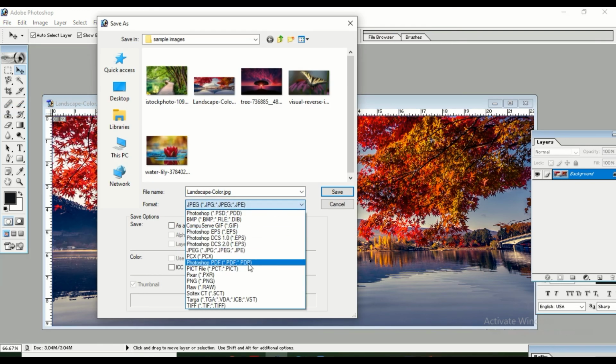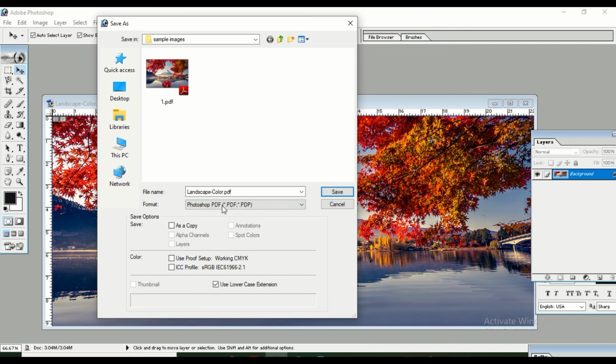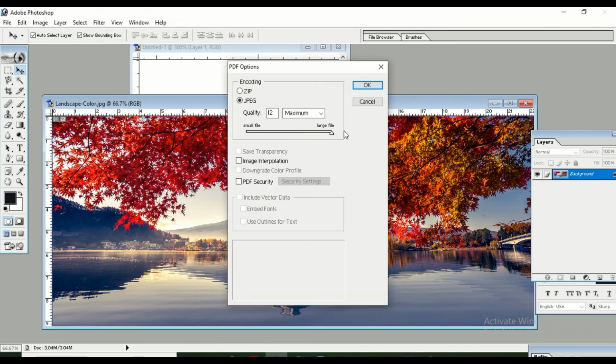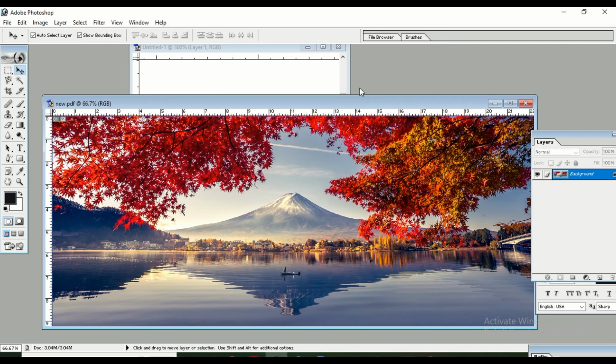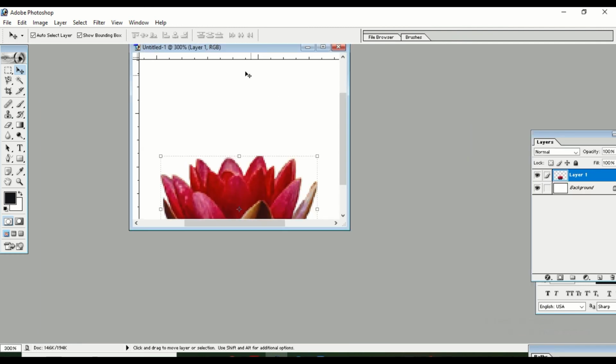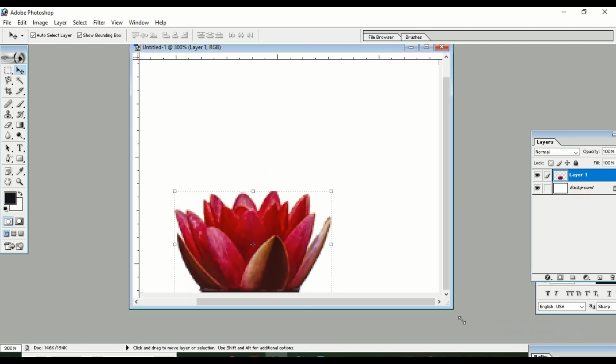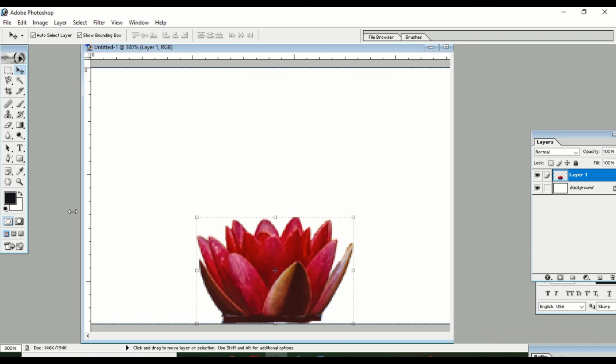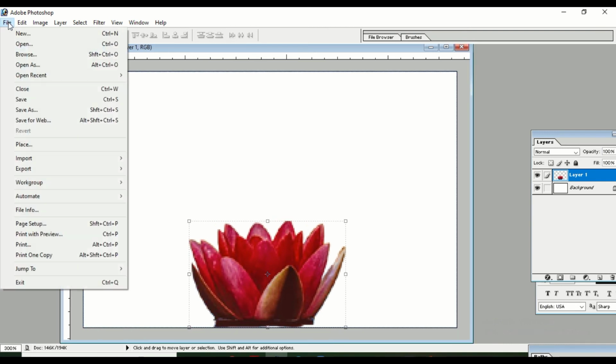And then go to File, Save As, and from here select Photoshop PDF, and save it. This is for resolution. The maximum value will give good resolution to this file, and now close it. So in the same folder I have created a PDF file of this JPG file.